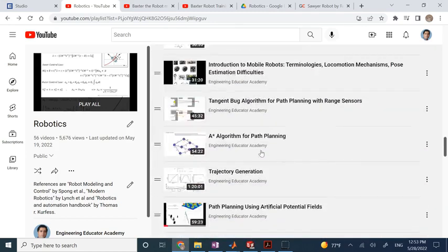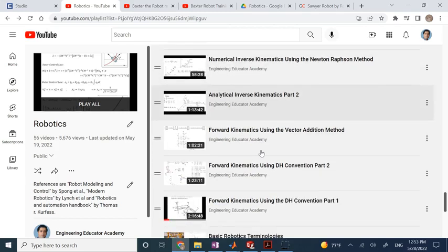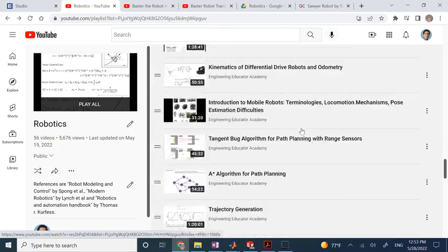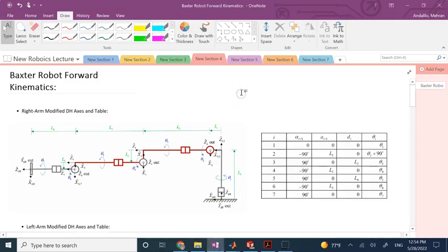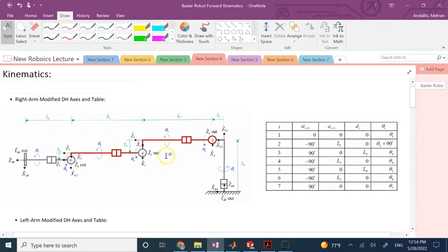Analytical forward kinematics. Here you see it says using DH convention. Both of these are the standard DH. They are not modified. If you want to know about modified, which I'm going to be using, please watch this video that I published recently. So if we go with the modified DH, these are the axes that you have